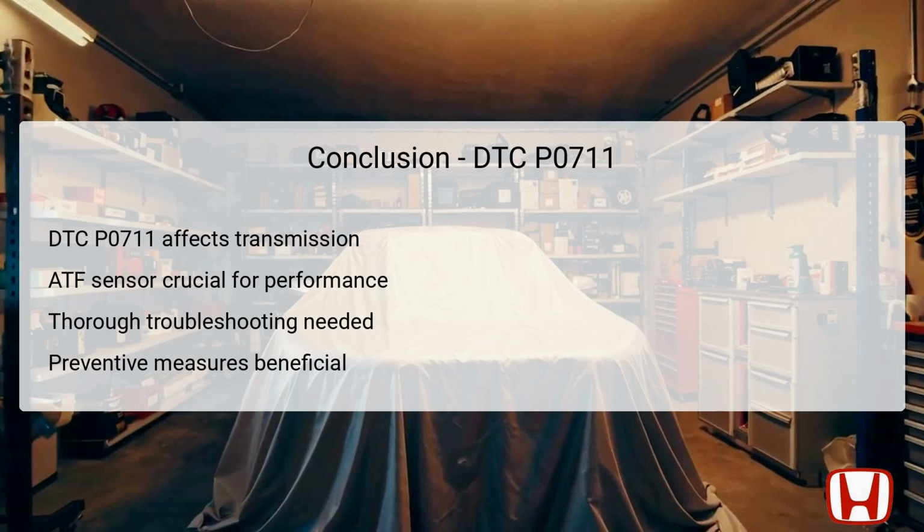Following systematic troubleshooting steps is vital in accurately diagnosing and resolving the issue, allowing the vehicle to perform as intended without undue wear or damage. Implementing preventive measures is equally important, as it safeguards against the recurrence of DTC P0711, supporting vehicle longevity. By understanding the implications of this DTC and adhering to recommended practices, owners can preserve the performance and reliability of